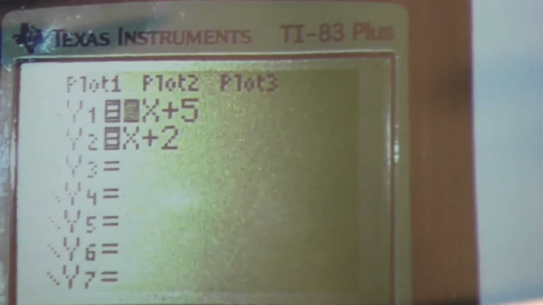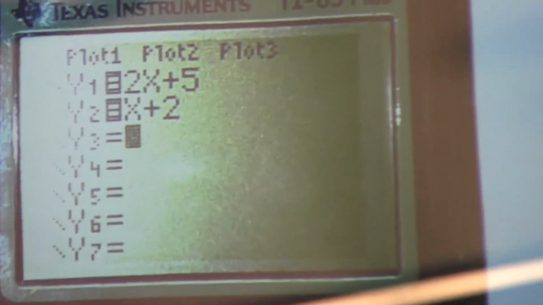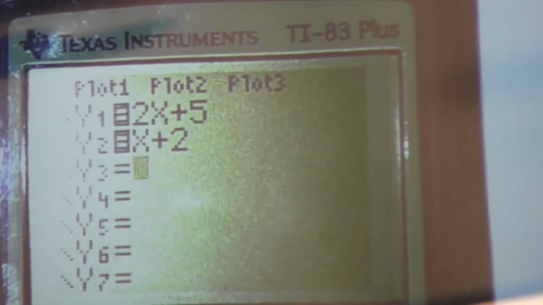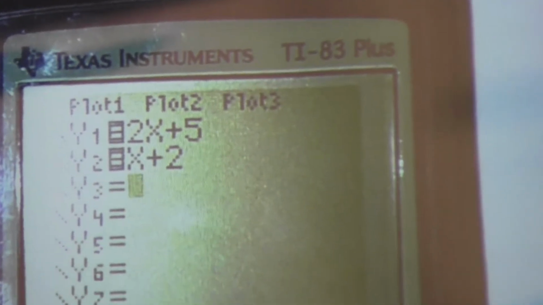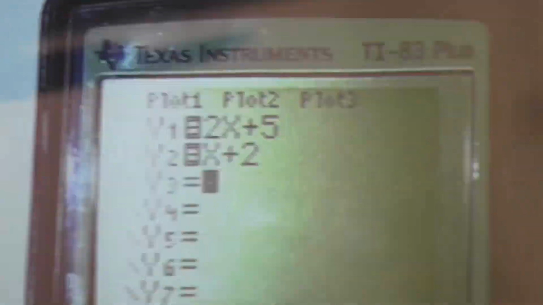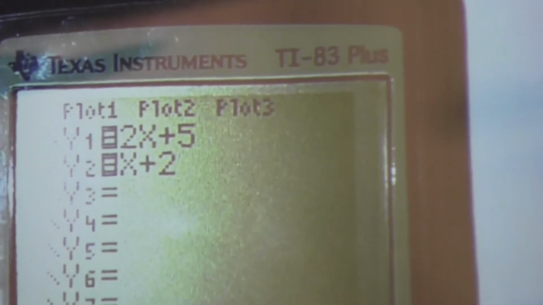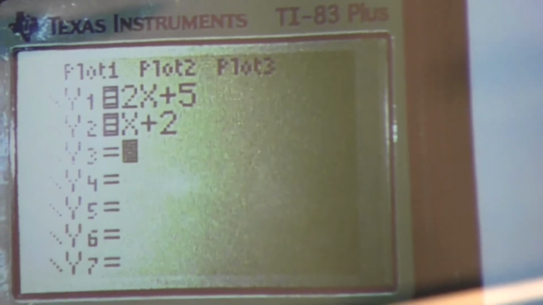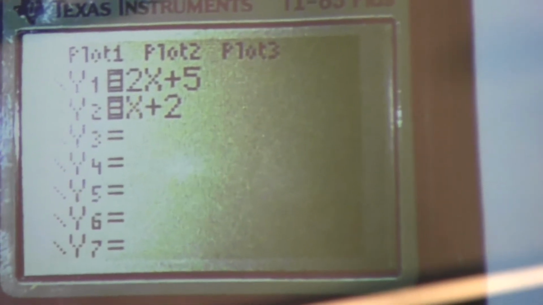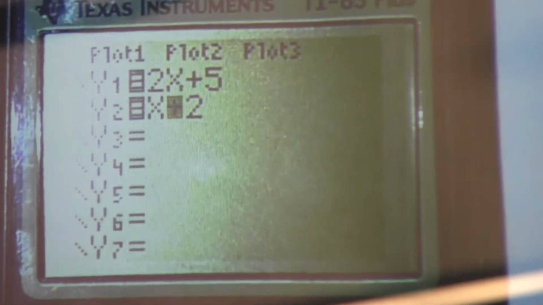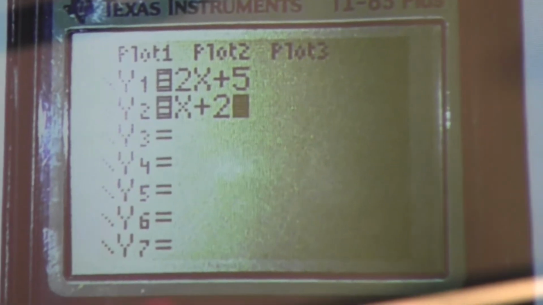So in this case, I just made up 2 equations. But let's say my first equation was 2x plus 5. And my second equation was x plus 2. If I have each of those equations, you can go ahead and put them in for a minute. I'm going to re-enter this one just for a second. x plus 2. When you hit graph,